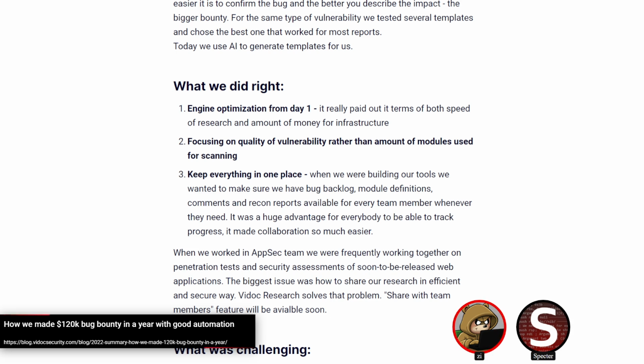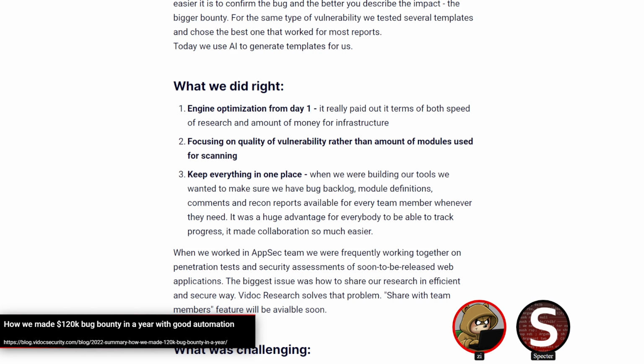A common saying in the development world is optimization is the root of all evil. Or sorry, premature. Missed part of that. Premature optimization is the root of all evil. To be fair, it is a very important part of that. Yeah, doing that before you necessarily need to, but focusing on the quality.